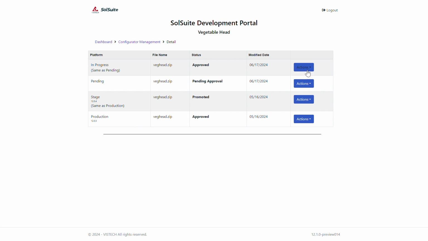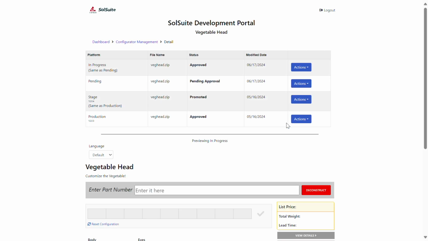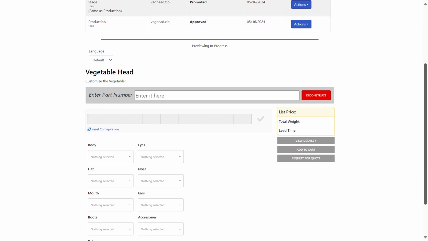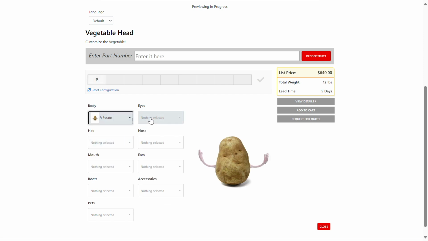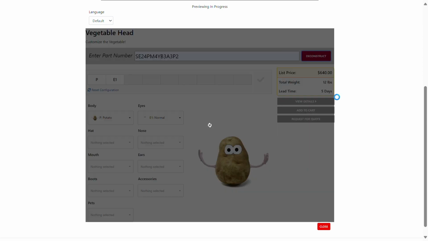This is where you would upload data associated with the configurator, like domain values or the PIM data, and it's where you test. So you can see that the vegetable head configurator is available here. This is the same exact process that would appear in the stage or production environments, in our case in the sales portal demo that we saw at the beginning of this video. All of the options are here, all of the drop downs are the same, and the resulting build is the same as well. Deconstruct works as it did in the sales portal as well, so it's the exact same code,